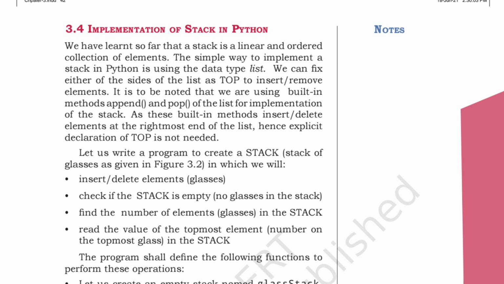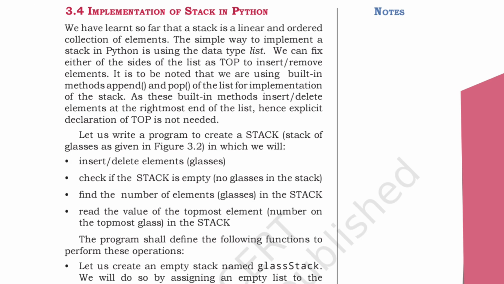It is to be noted that we are using built-in methods, that is append and pop. Append means adding something and pop means removing something. These built-in methods insert and delete elements at the rightmost end of the list,